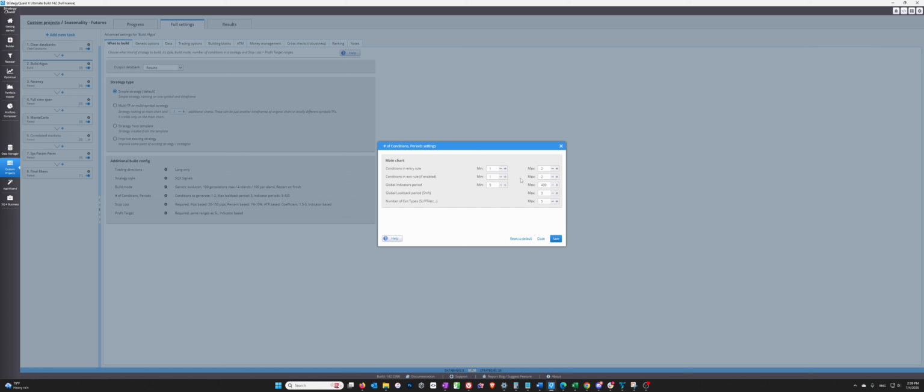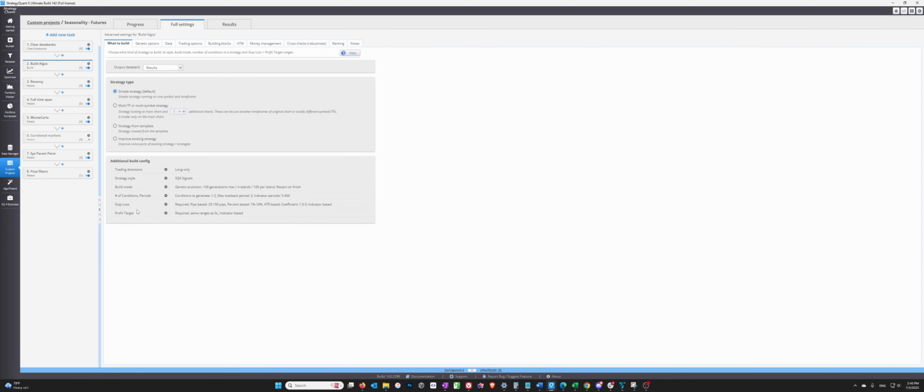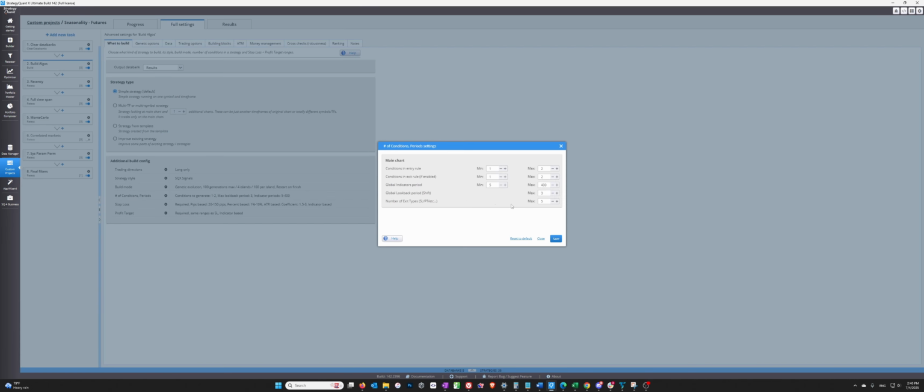Exit conditions, you probably don't want more than 3 as well. I like to use 2 though. And in terms of the number of exit types, I think 4 is what's reasonable given mine, but I typically just set this at 5, which I think is the default, and that's because you have entry conditions, you have exit conditions, but then you can also have a stop loss and a profit target, and so that might be an additional exit or a way to exit beyond the 2 that you have here,